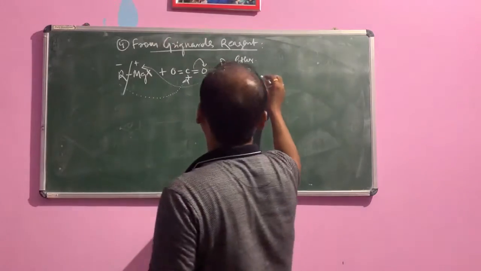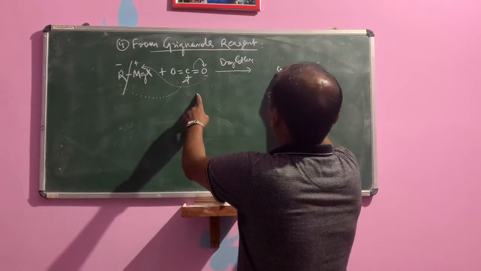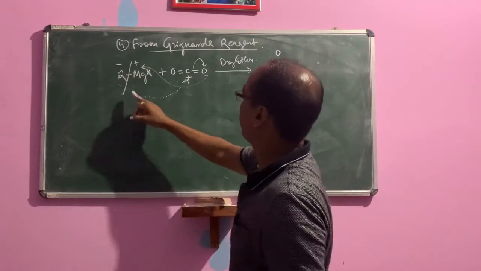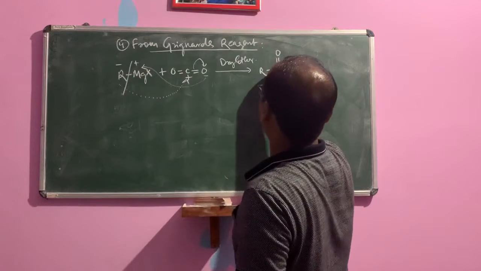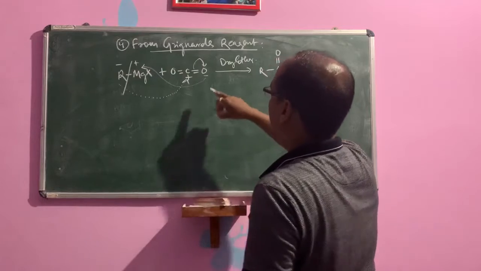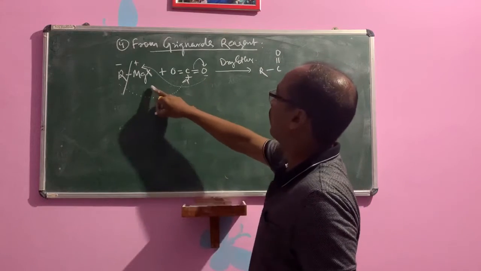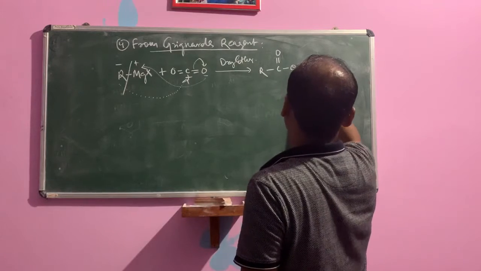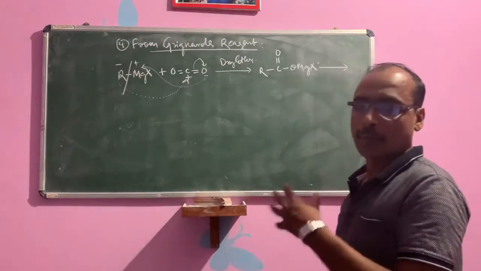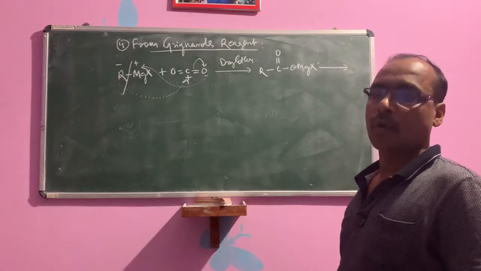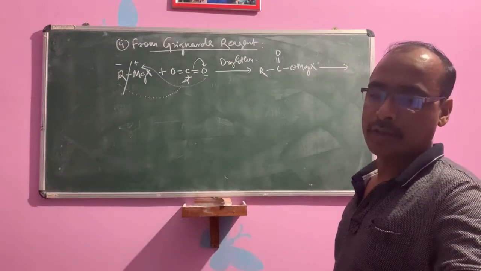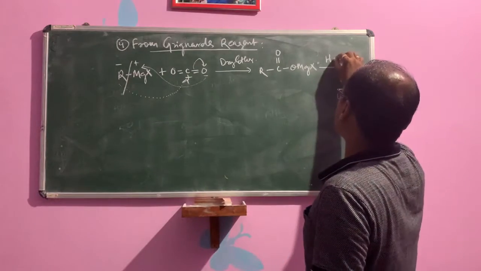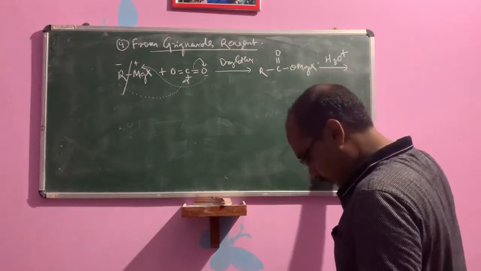So what will the product be? R-C double bond O, O-MgX. Then, children, after formation of this complex, it is followed by hydrolysis. Okay, that is water, it is H3O plus. We give hydrolysis with H3O plus to form